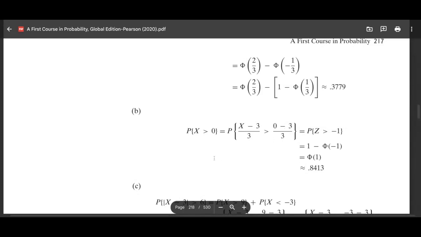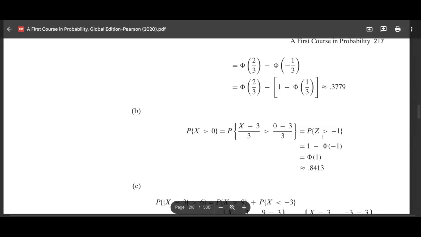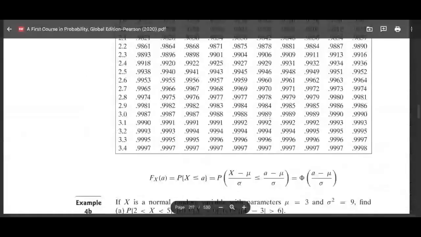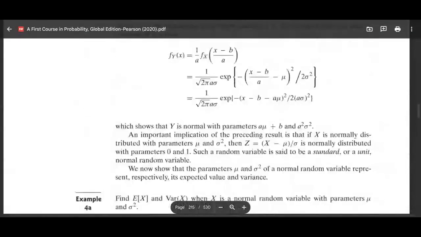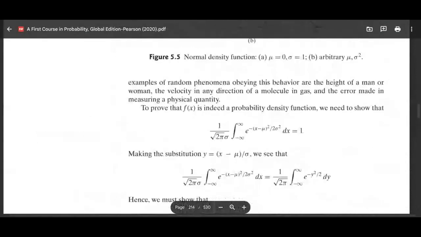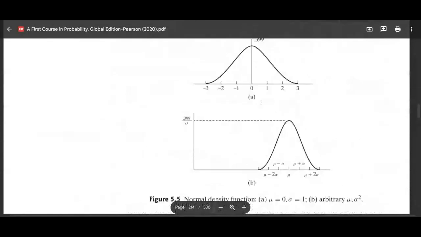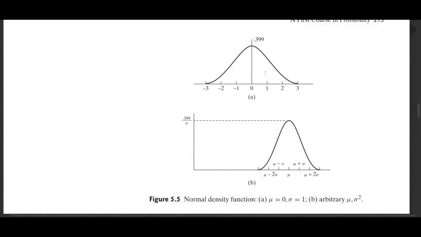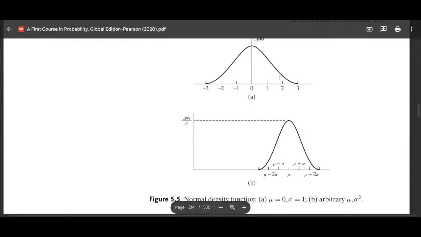Okay, B is the random variable greater than 0, right? Converted into z-score, that's the same as z-score greater than -1, right? Z-score greater than -1. The picture is this. It is the area from -1 and above. From -1 above. If you remember